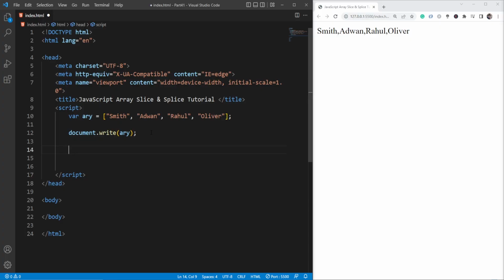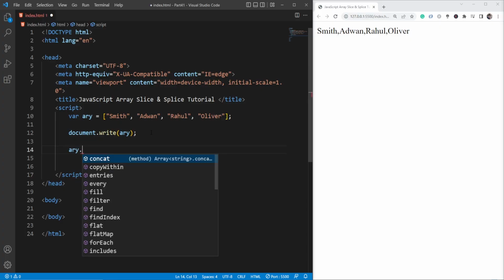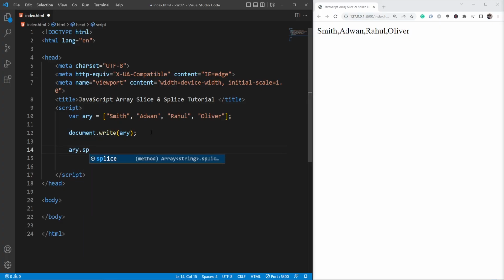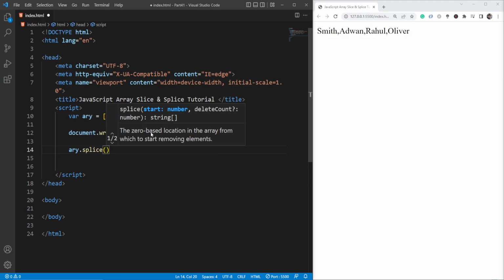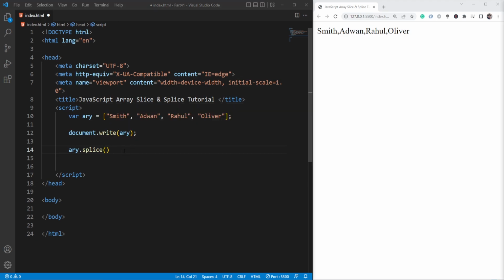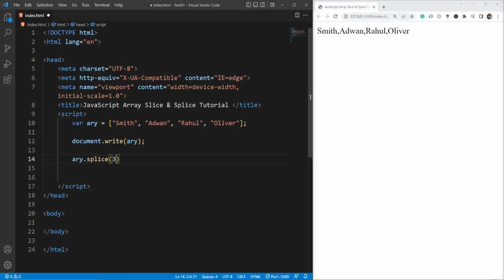So here I'm going to type array dot splice. Then inside the round braces, and before I pass the parameter, you need to remember, it's not going to create a new array. It's just going to modify this array. And here after Rahul I want to pass our value. So here I'm going to pass 3. And I don't want to delete any item. So after 3 I'm going to pass 0, comma,